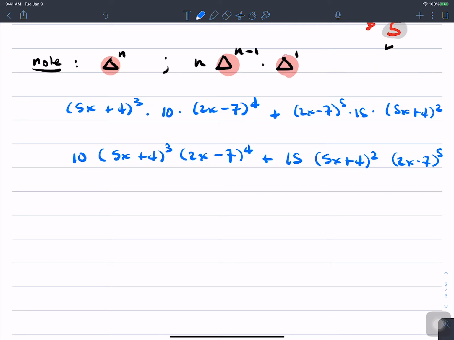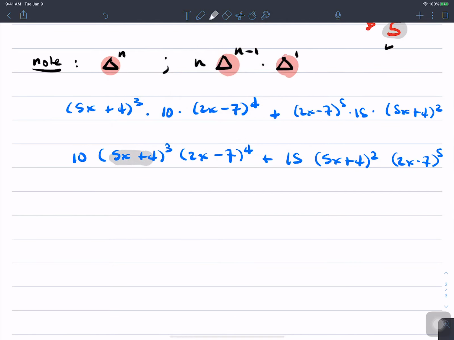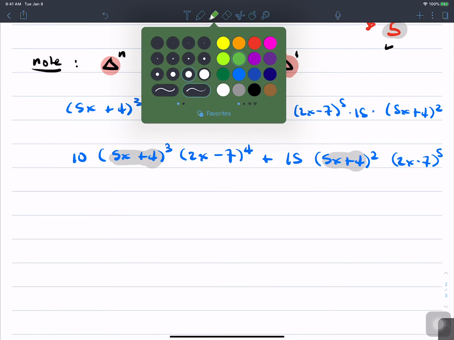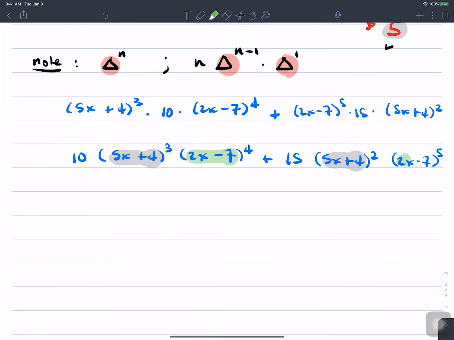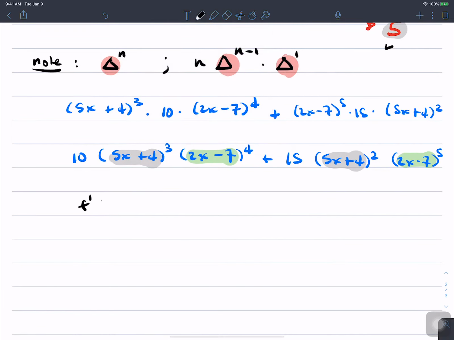So you say, what do you mean by be consistent? Notice I put this term here first, right? The 5x plus 4 followed by the 2x minus 7. So that's what I mean by being consistent. So that derivative is the constant 10, (5x plus 4) to the third power, (2x minus 7) to the fourth, plus 15,